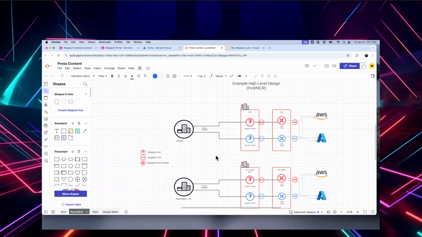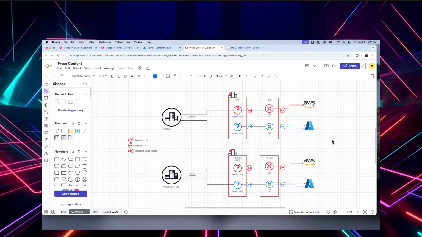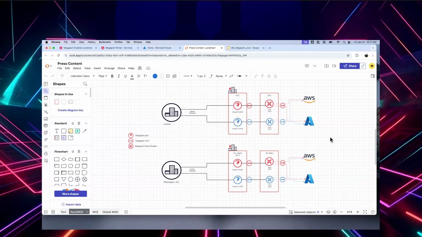Okay. Now this takes the port and the cloud connectivity to one more level by adding in MCR into the equation. So I take my redundant port configuration, but I also have the ability to provision MCRs to give me that cross cloud capability without having to hairpin all the way back to my data center. So maybe I'm in Denver, but I need to get to the Midwest for cloud, and I want to keep the cloud routing regional to keep my latency down. Another very common configuration on Megaport.